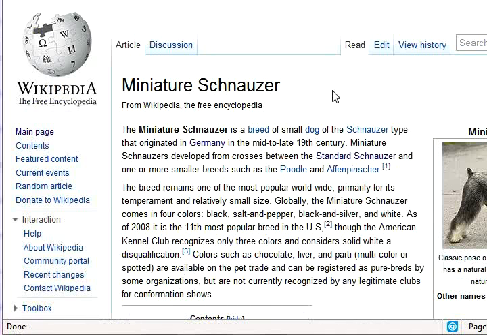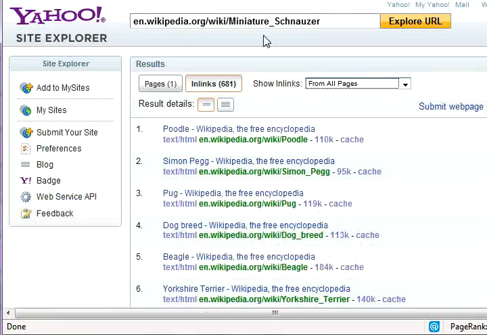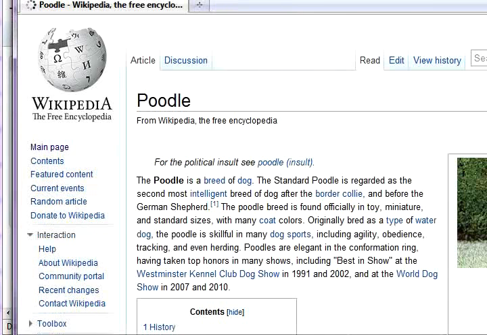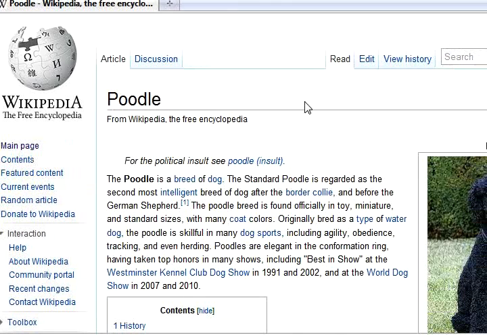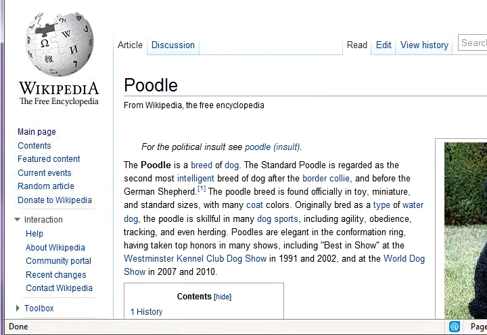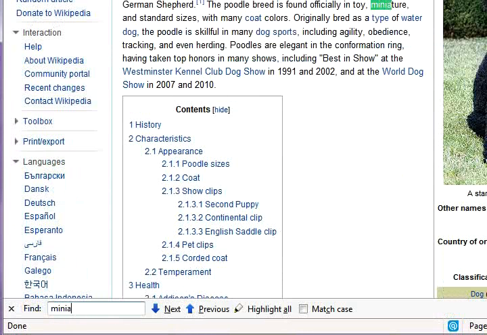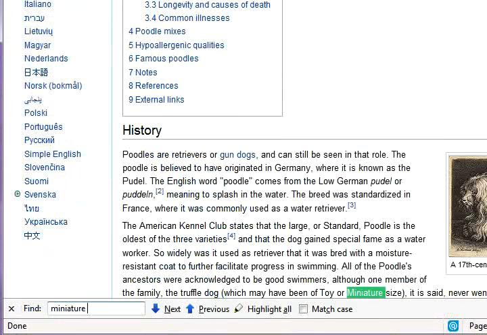Here we are in the miniature schnauzer page, Yahoo Site Explorer, which you can get to just by going to siteexplorer.search.yahoo.com. You put that in and you click Explore URL, you click on the In Links button, it'll show you all the links. So we're going to go to a couple of these pages. I'm going to show you what I'm talking about here. We're going to find on here the link going from this Wikipedia article on poodles to the miniature schnauzer page. So we're going to do a search for